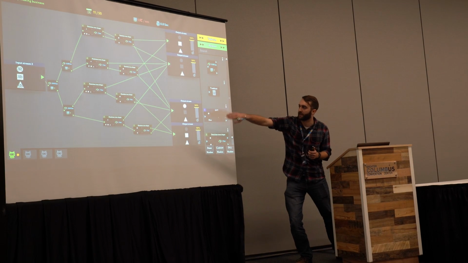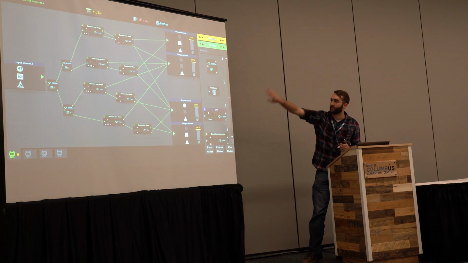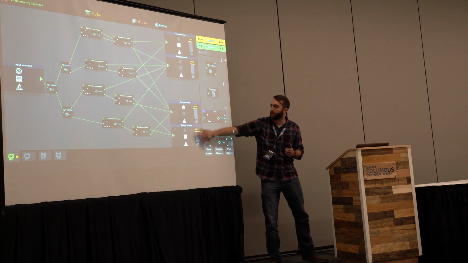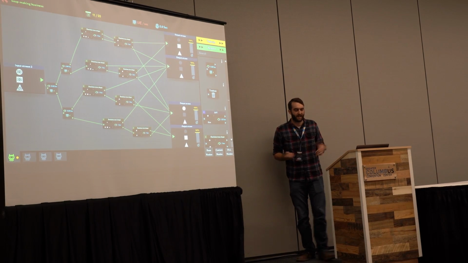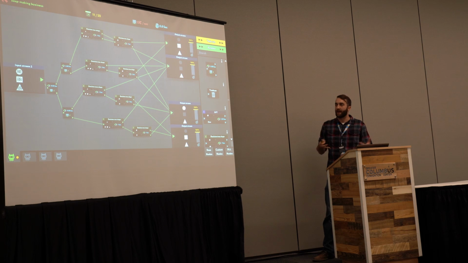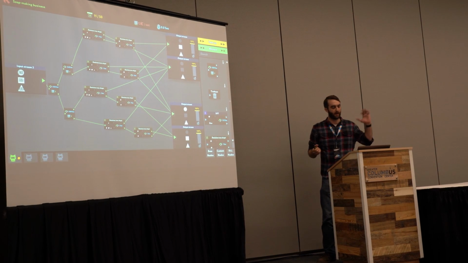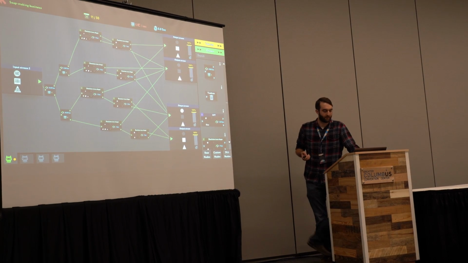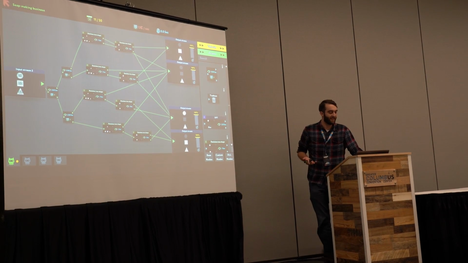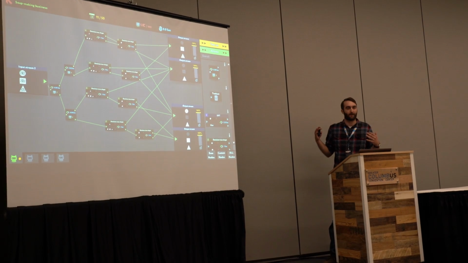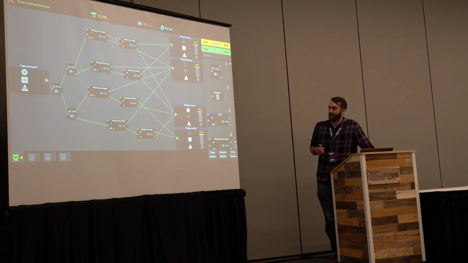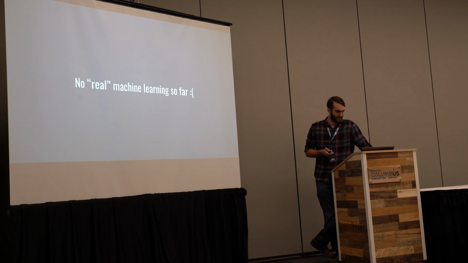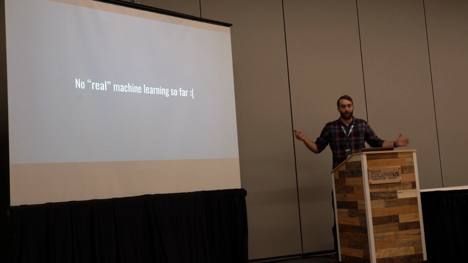You basically connect nodes and edges into this graph, and you sort out shapes, and the shapes need to end up in the right buckets, etc. It kind of teaches you machine learning and the AI history through these little pop-ups, but you're not really doing any machine learning. So far I've been pretty disappointed. So I decided that I was going to learn how to do this and try to make my own games that do this, my vision of what it should be. So that's why I'm sad. There's no real machine learning.